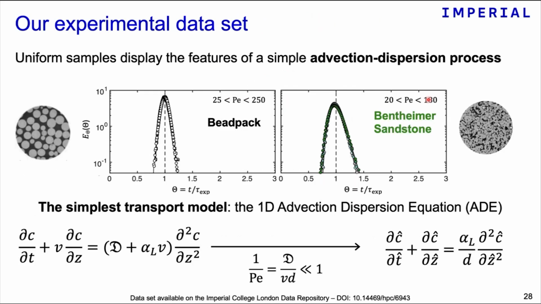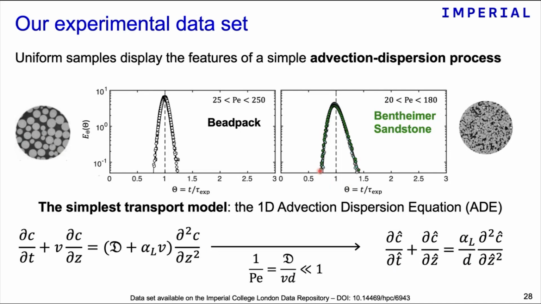So we performed several experiments, and we observed that indeed for very uniform samples, these can be Ransbeek or the Bentheimer sandstone that I showed you before, if you do experiments at different flow rates, you see that the breakthrough curves actually collapse into a universal curve. These are typical signs of a simple advection-dispersion process that controls the transport in the sample, which is typically described by an equation of this form. And this is expected because if you go through an exercise of making this equation non-dimensional, you will see that the obtained solution will be independent of the flow rate. And that's what we see here.